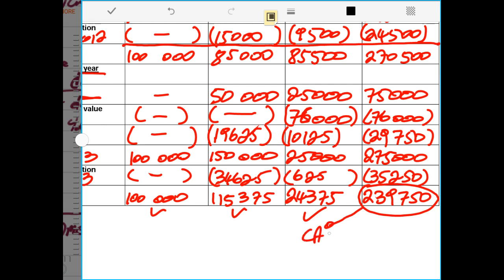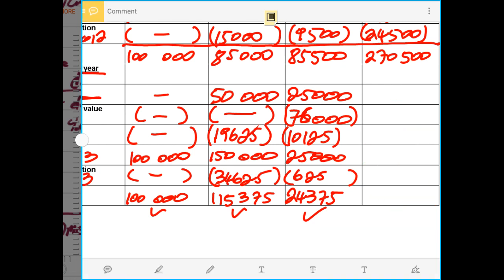Carrying amount that will go to the statement of financial position under the property, plant and equipment line item under your non-current assets. So now we have just completed the note,